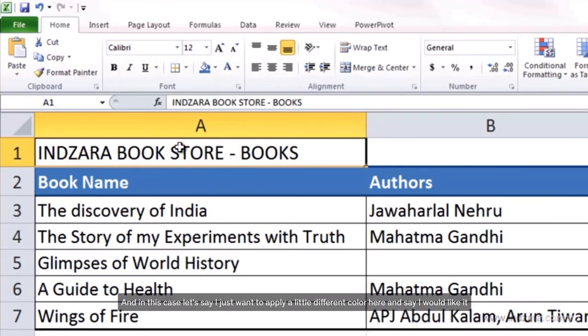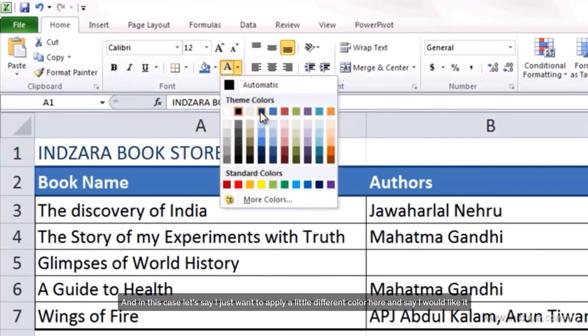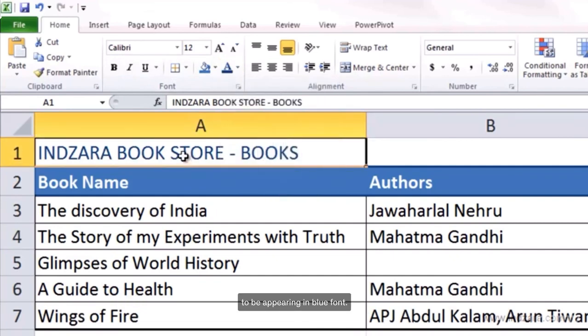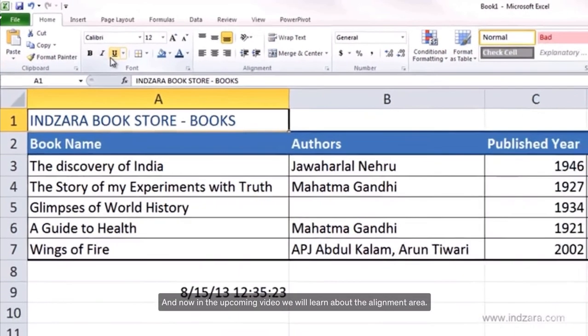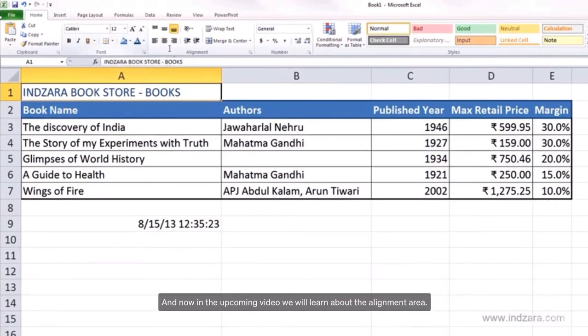In this case, let's say I just want to apply a little different color here and say I would like it to appear in blue font, and I would just keep the 12 font size. I'm not going to change the font. And now we have gone through the different options available in the font area. And now in the upcoming video, we will learn about the alignment